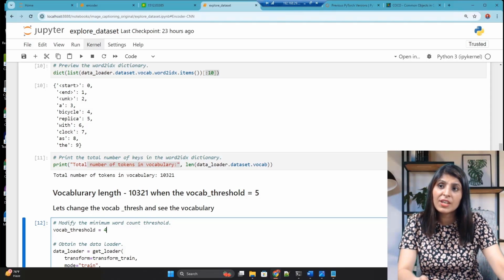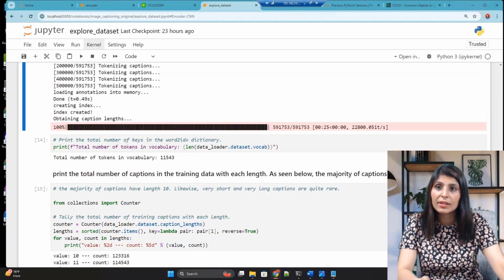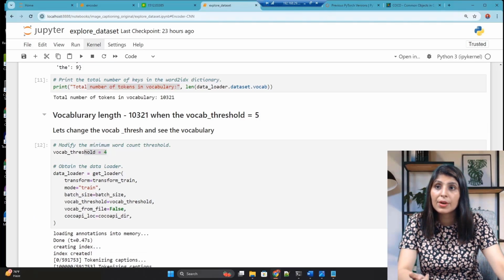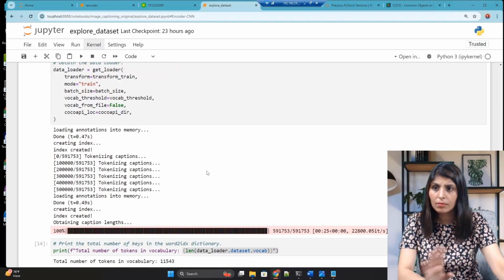We are again loading the data with this threshold value, and then we are checking the vocabulary size, and this time you have 11,543. So this is the higher number. Now we have more unique words as compared to the previous one where we were using the vocab threshold value 5. So I hope this part is clear.